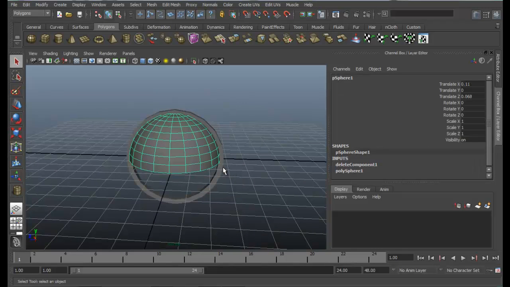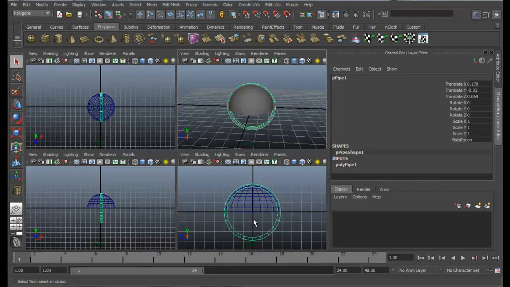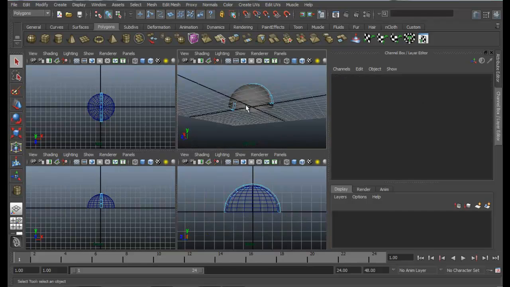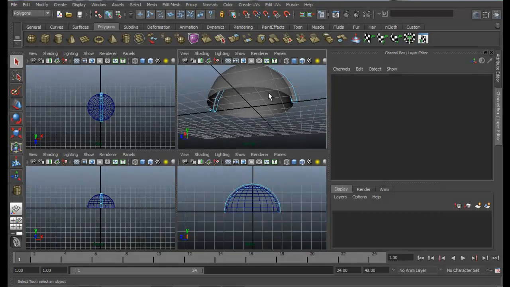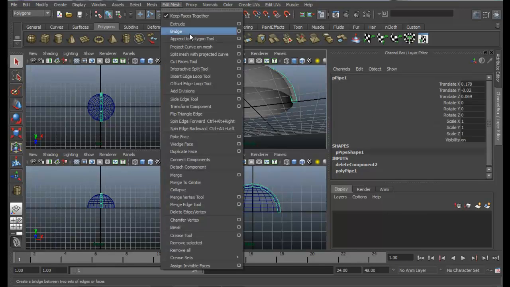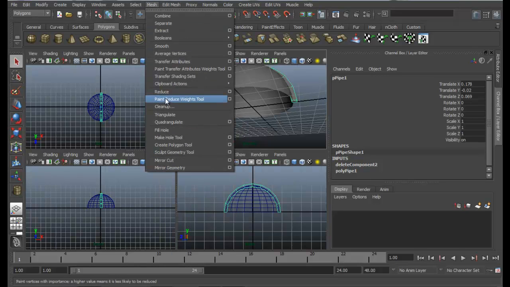Now let us do the same for this pipe as well. Delete half of the faces, and then you can just go to object mode, go to edit mesh, and then mesh fill hole.